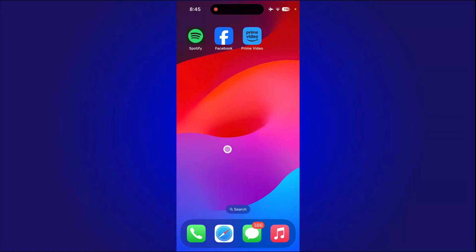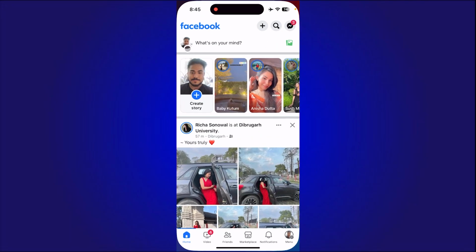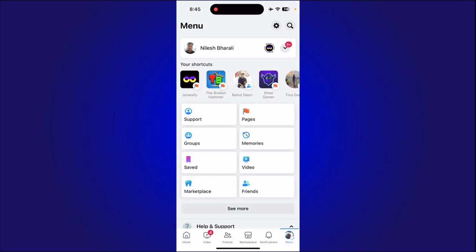Hello everyone, today in this video I'll be showing you guys how you can delete your Facebook account permanently. So in order to do that, first you need to open your Facebook application, and as you can see this is my account. From here you need to tap your logo from the bottom right corner,